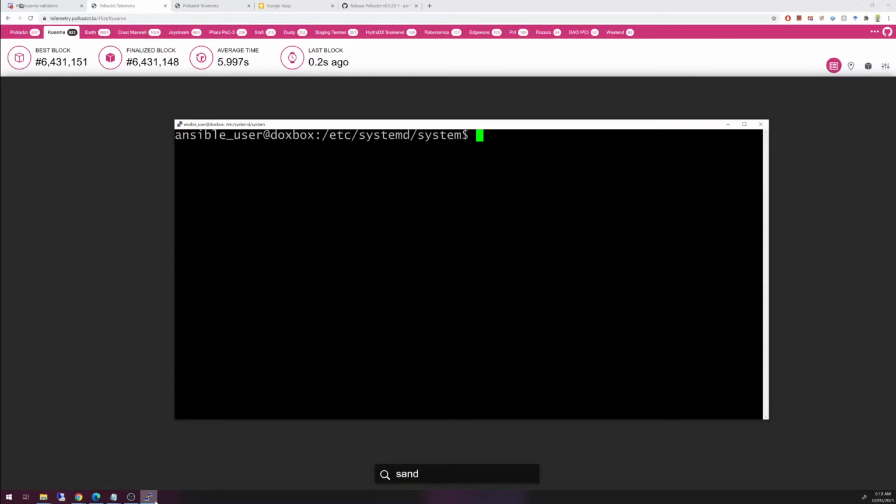So what was done via the Ansible script is that the Polkadot binary was installed, and that single binary can be used for multiple instances using different commands and different ports and so on. That binary was set up in a service which I'm going to show you where to find and how to modify. Okay, so we need to go to cd